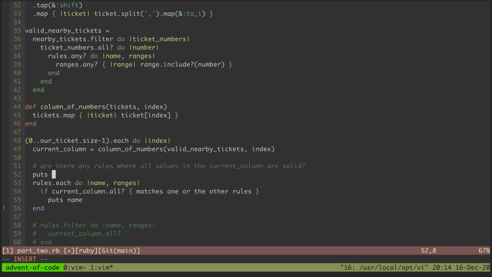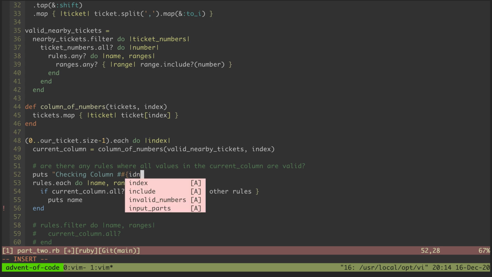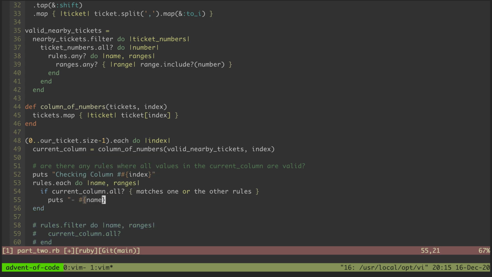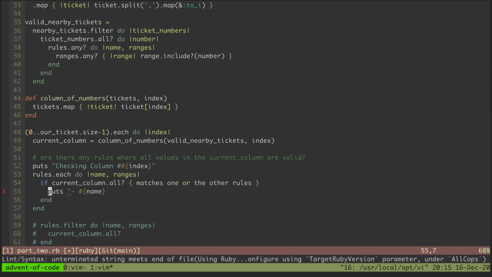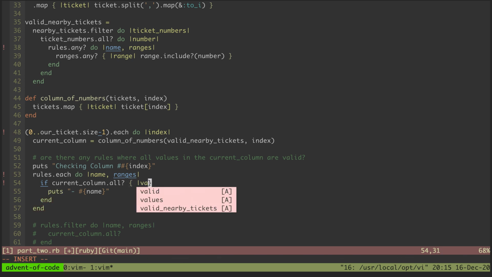So we'll puts out checking column number, with index, checking column number 0, for instance, and then we'll puts out the name. If it matches, then we can get a read on where we are. So yeah, how do we do this part then? So we get a column value, just a value, and we'll say, does